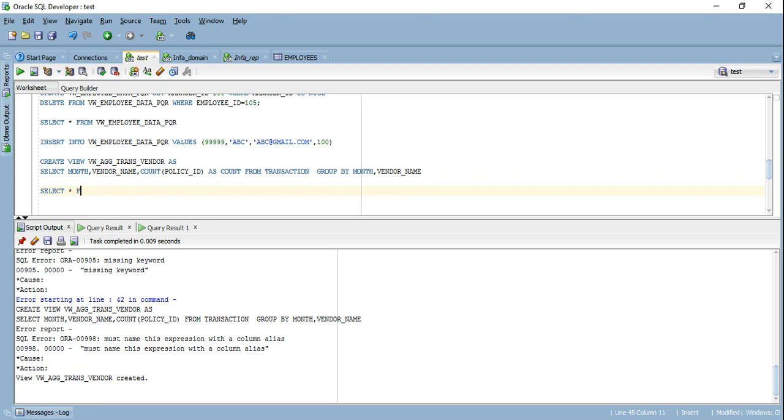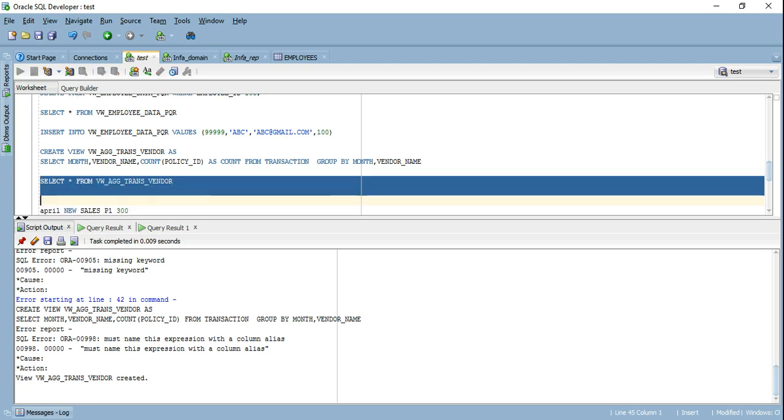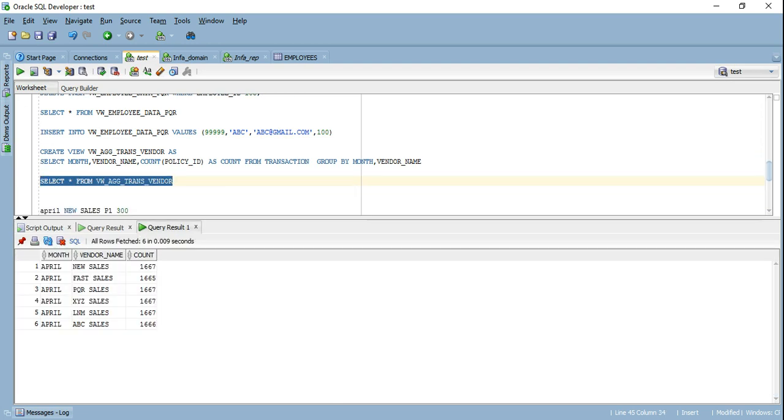So now the chief data officer doesn't need to know what's going on behind the scenes. He'll just see the view. He will see that in April New Sales sold this many policies. The ABC sales did so much business, and that kind of stuff. And I can add a number of things like the amount of revenue generated by these sales, the commission paid to these vendors, and so on.